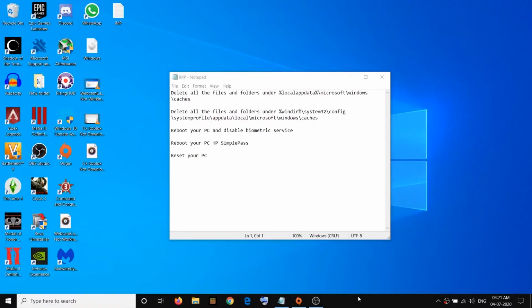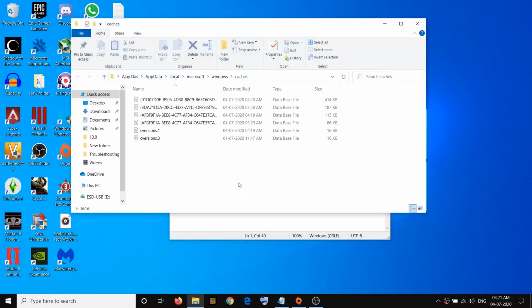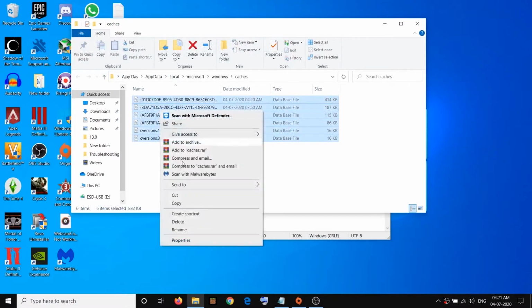Now once you are in safe mode, copy this path. This path is provided in the video description, and then open run box. So make a right click on the start menu and then click on run to open run box and then paste the path over here, then click on OK, and you have to go ahead and delete all the files and folders. So select everything over here and then make a right click and then click on delete,